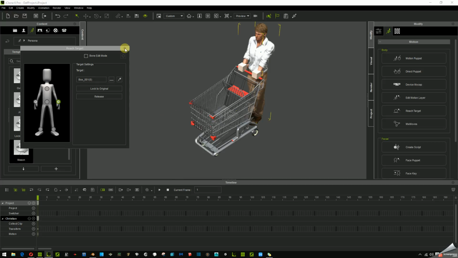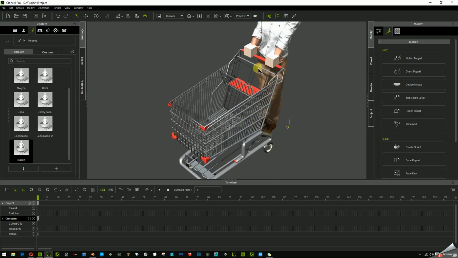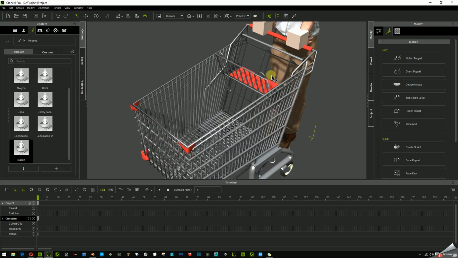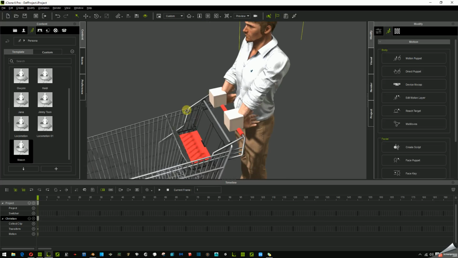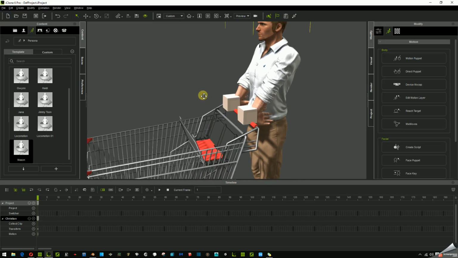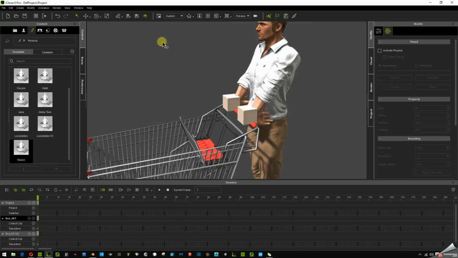Okay, so those are hooked up. You're done with the reach targets. Now we're going to go and manipulate these cubes to get his hands in the proper position. So I can see they both need to roll forward first. So I'm going to select both of them, roll them forward,